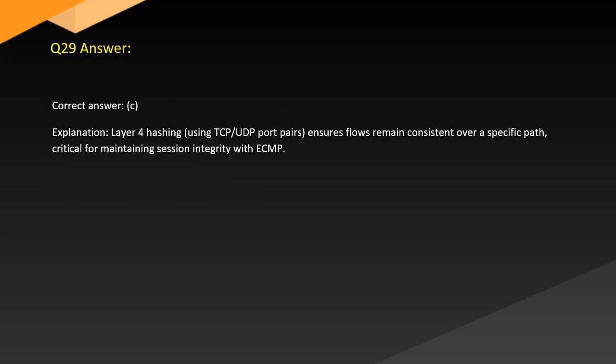Answer. Correct answer: C. Explanation: Layer 4 hashing using TCP port pairs ensures flows remain consistent over a specific path, critical for maintaining session integrity with